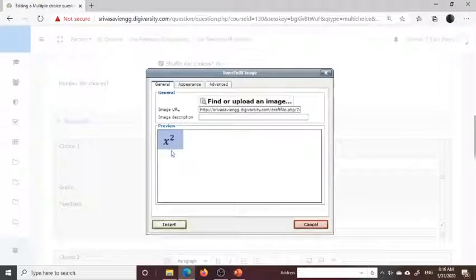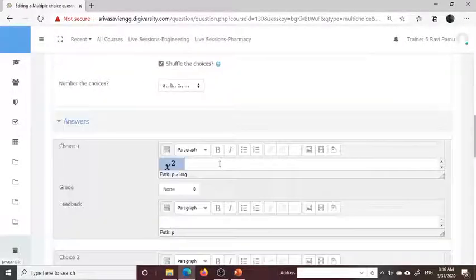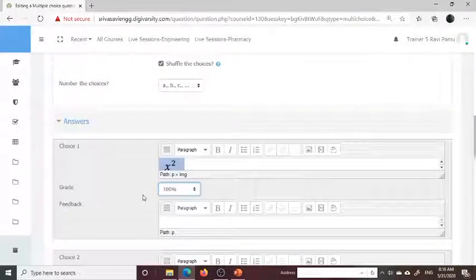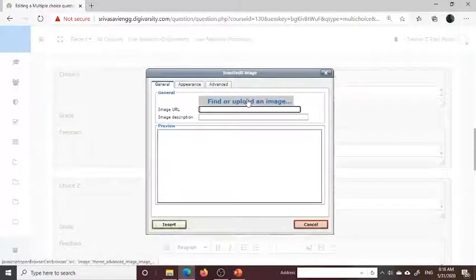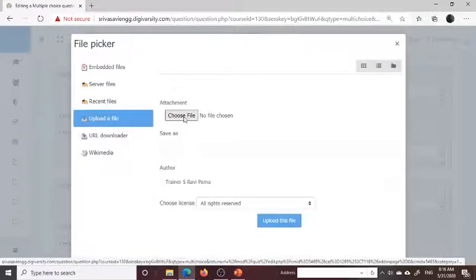Let it be. Maybe this may be the answer. You can give the answer. Now maybe this is the answer. You can give 100%. And next choice 2. There is also an image. Upload a file. Choose a file.